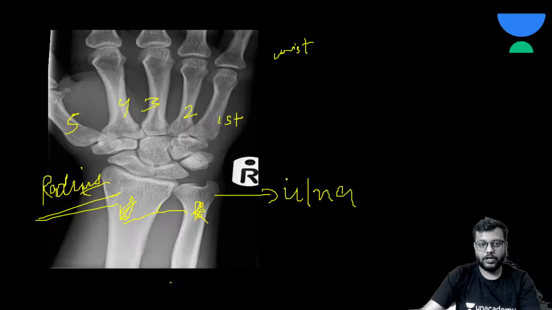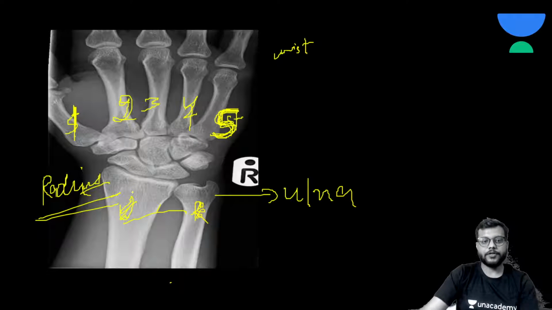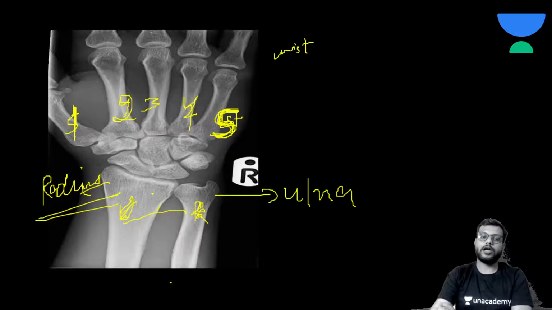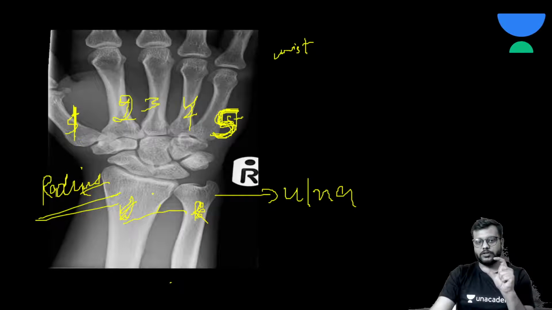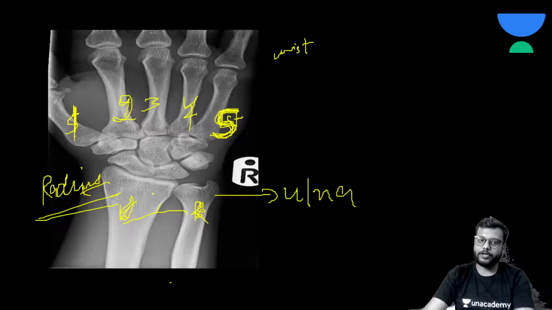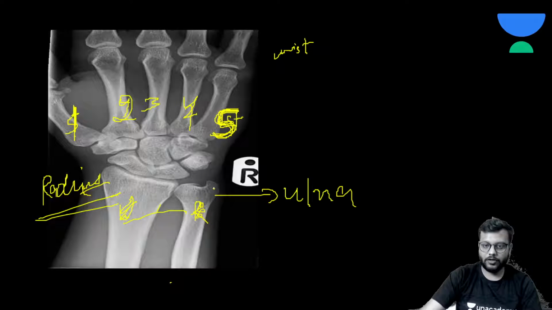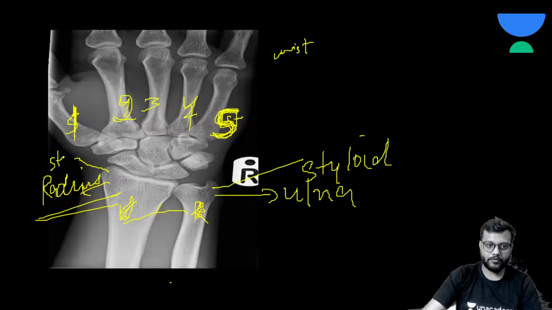Okay, this is your ulna, this is your radius, so this will be your first finger or the thumb, second, third, fourth, and fifth. Okay, the broader part at the bottom will be your radius. Okay, you can remember it like this: the ulna is broad at the elbow joint and the radius is broad at the wrist joint. Okay, this is your styloid process of the ulna and this is the styloid process of the radius,